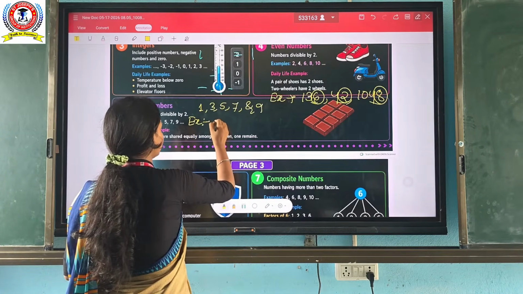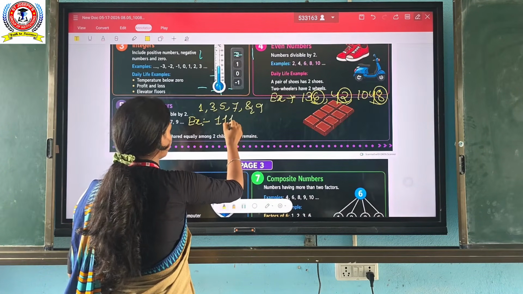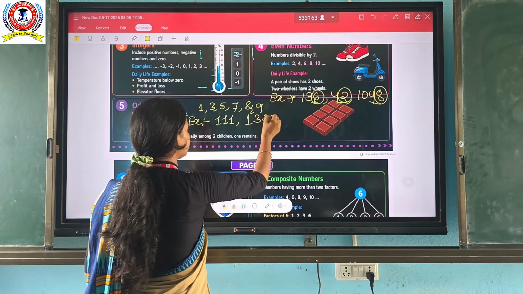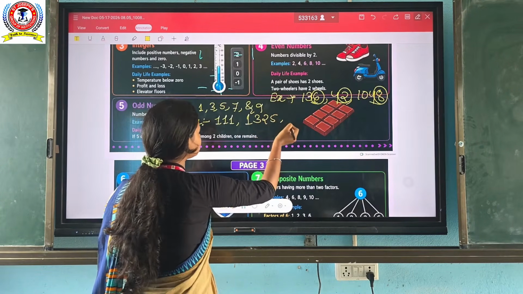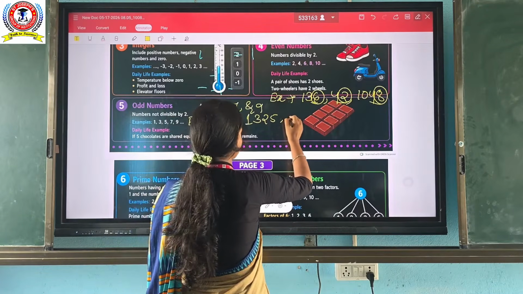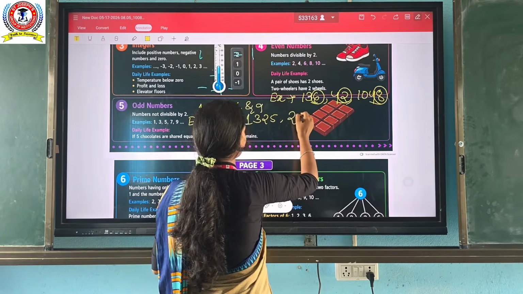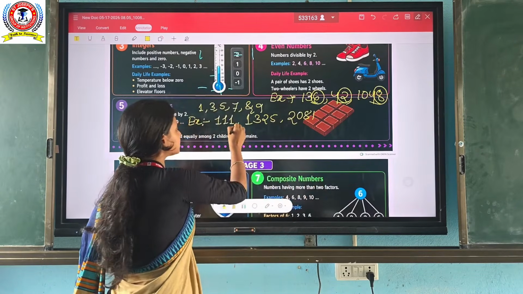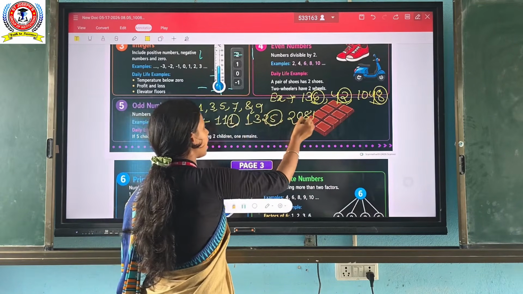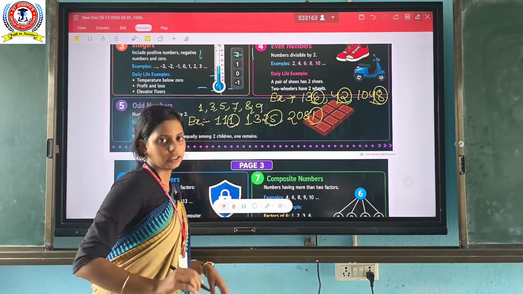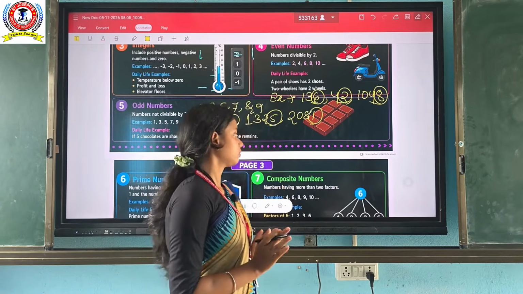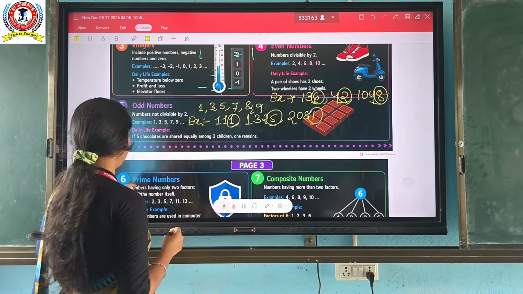First number I write here: 111. Next, 1325. Next number, 2081. So these numbers end with 5, 1. Okay, so these numbers are called odd numbers. Next number type is